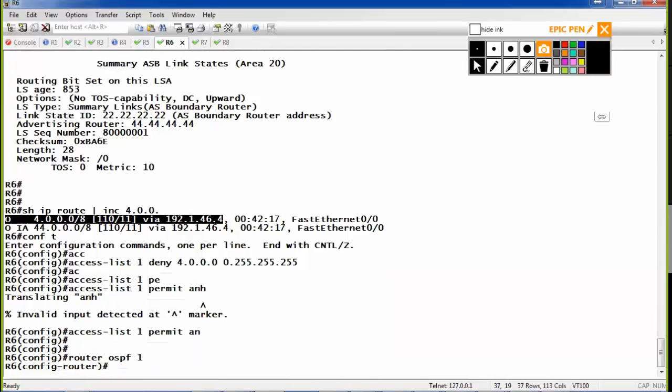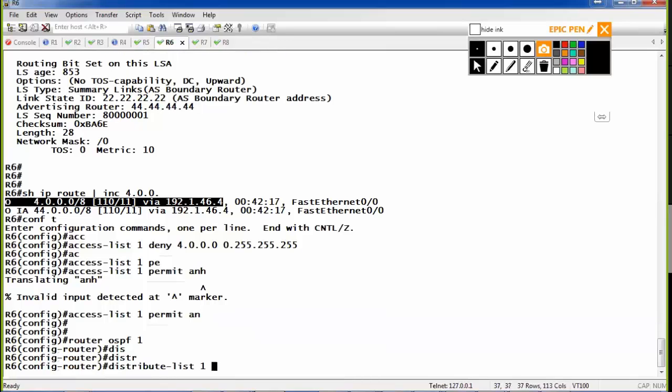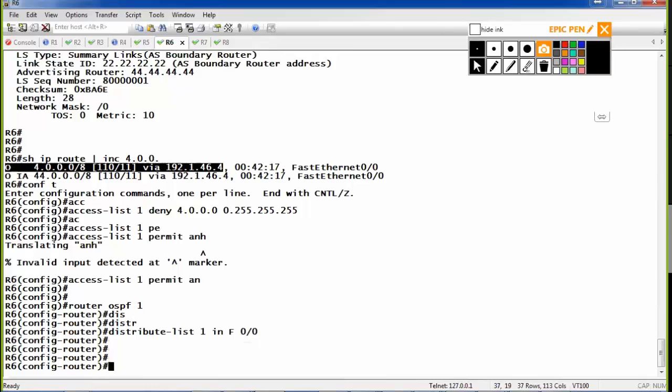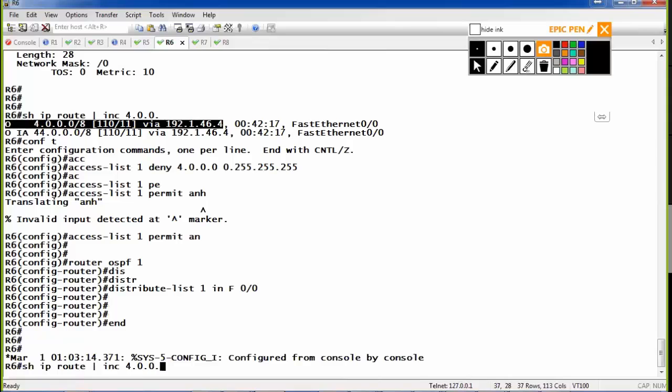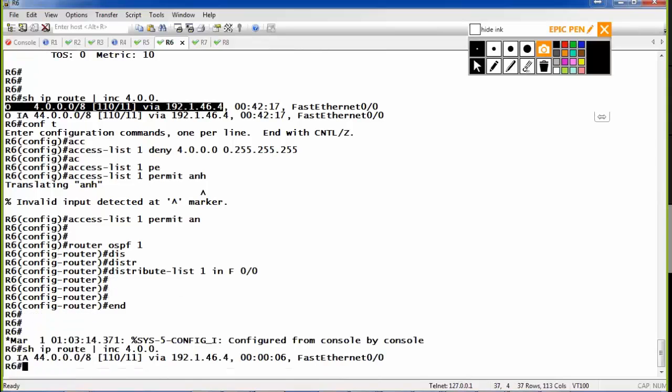Router OSPF 1, distribute-list 1 in F0/0. Done? Now I'll go back and do that show command. 4 is gone. From where? From 6. Why? It sat in the middle of the LSA database and the routing table on R6. The distribute list did. But it did not prevent the route getting